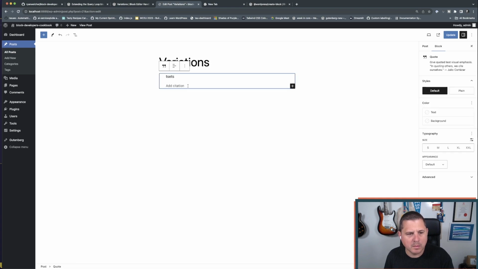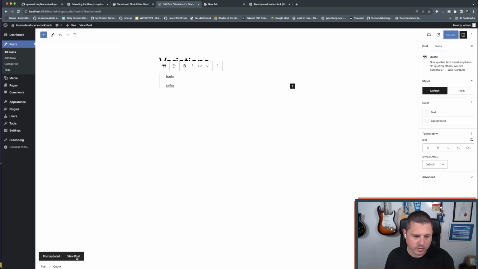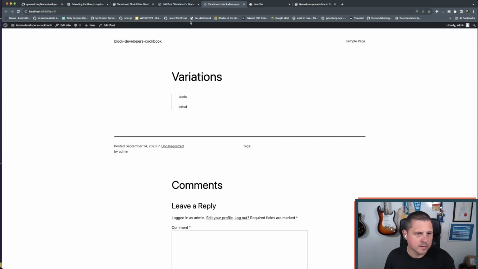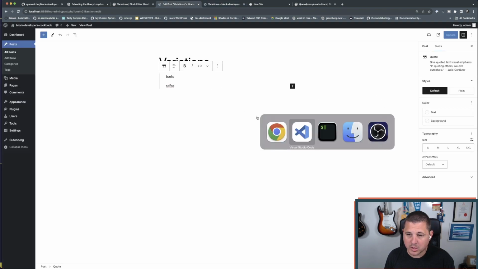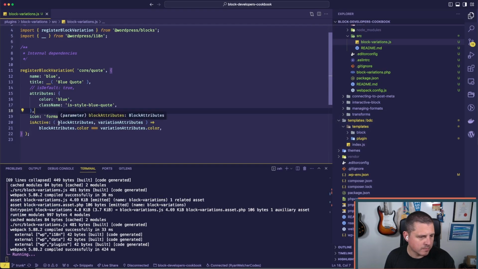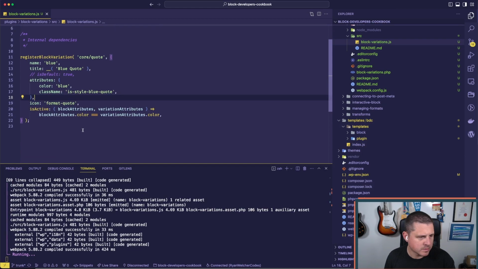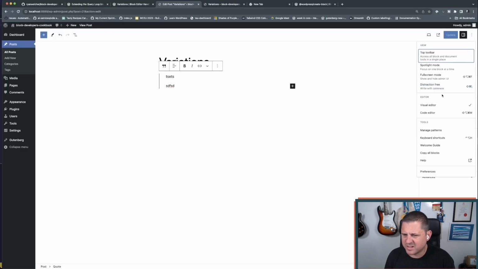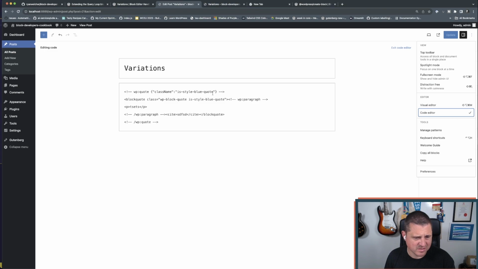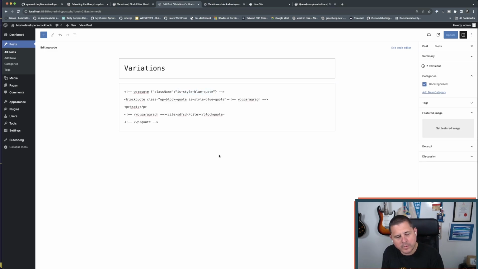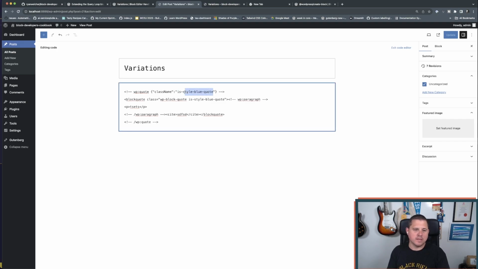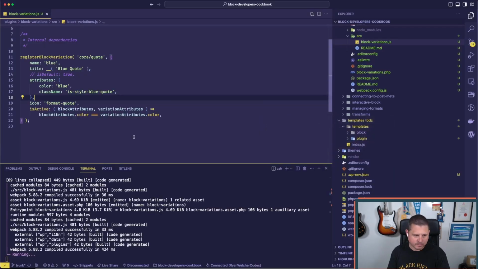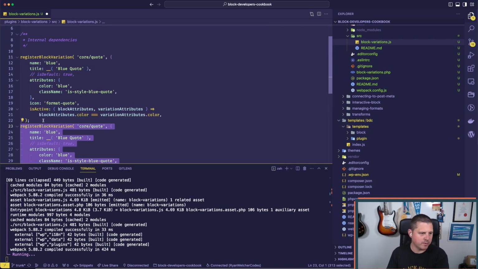Let's wait for that to update. Oh, it's running slow today. And there's nothing going on there. Format quote. So okay, let's look. This is not very sexy. So this is a style blue quote. So we would need a class in there now to style that correctly. So that's one variation. It's not too cool, but if you were to add another,